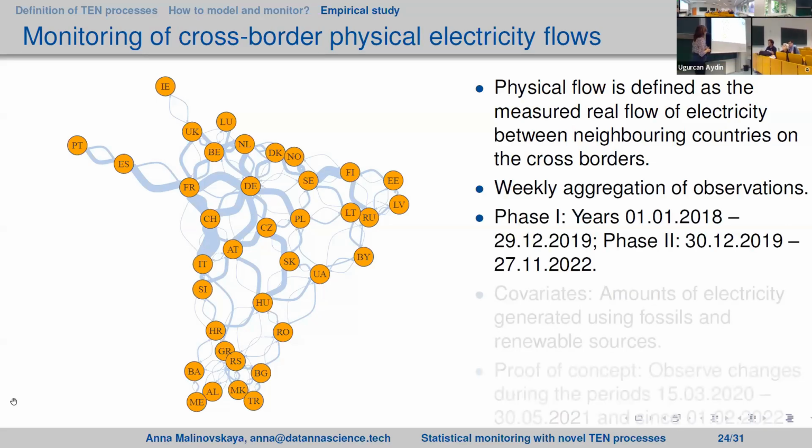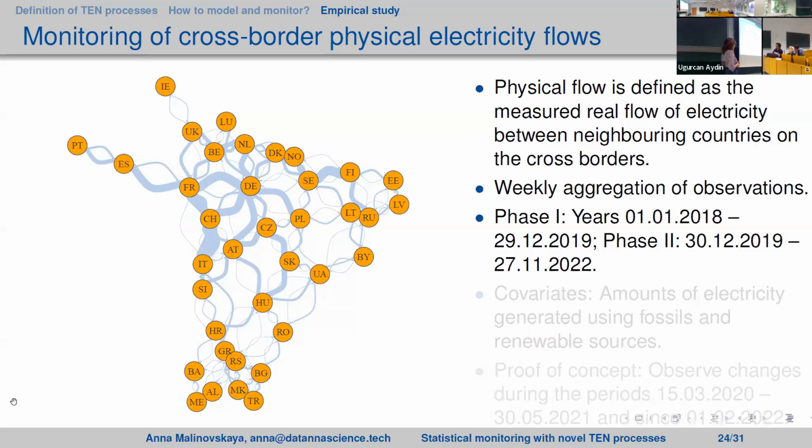Spain and so on. So we have the weekly aggregation of observations, because you can actually download the data on the portal of the European electricity platform, and we have to subdivide the monitoring into two phases. Phase 1 is where we perform the modeling of the whole process, and in phase 2 we start the actual monitoring and the proof of concept, right? Does the method work or not? What we expect to work in particular anomalous phases, something like Corona, the start of the Ukrainian war,